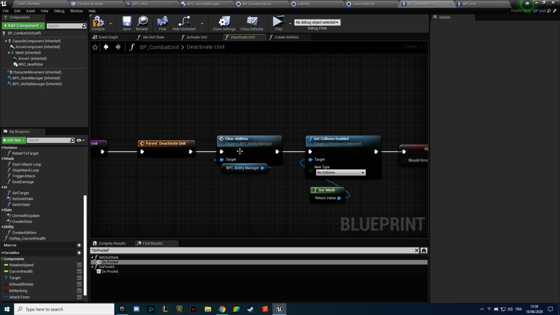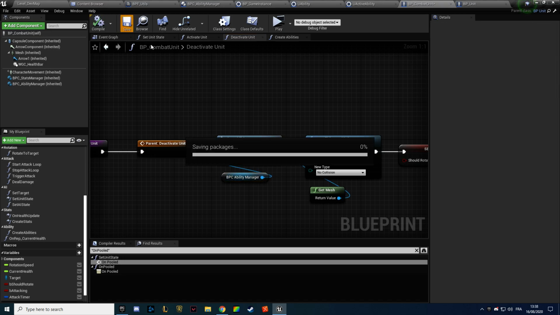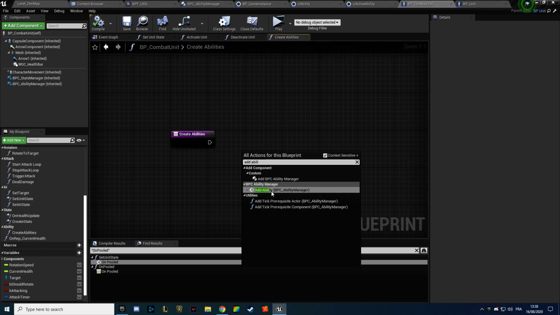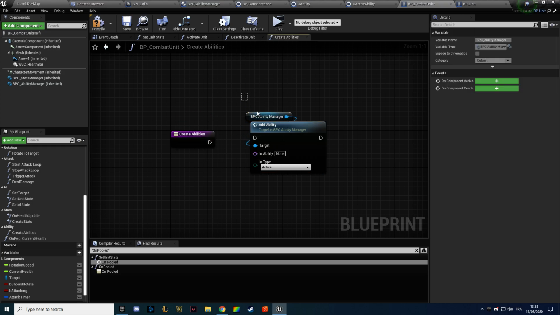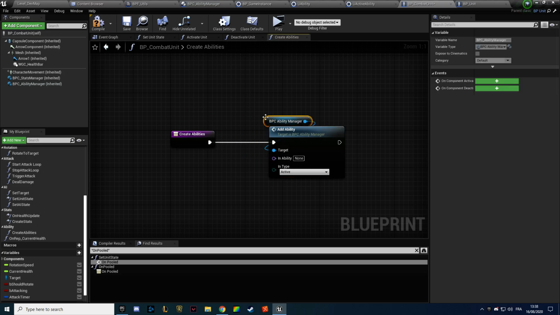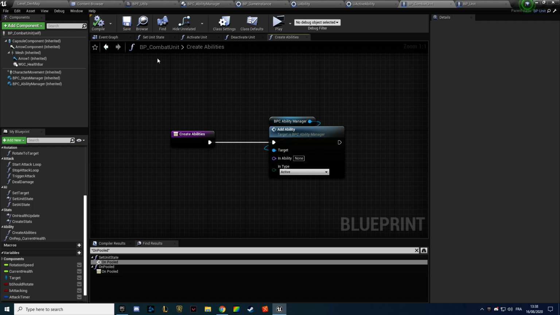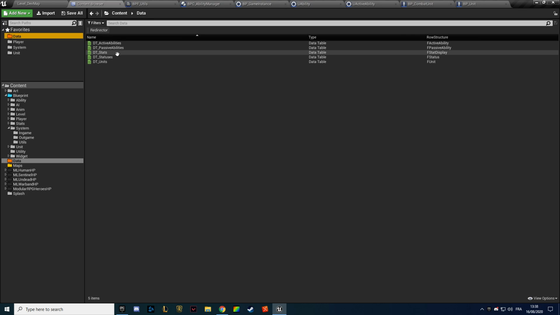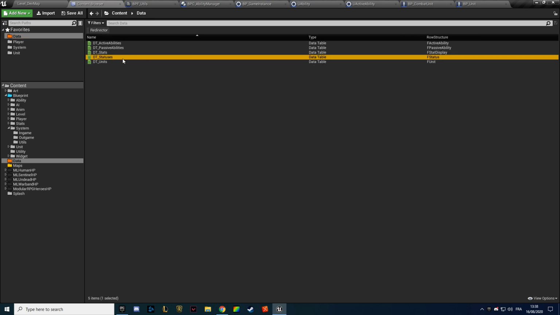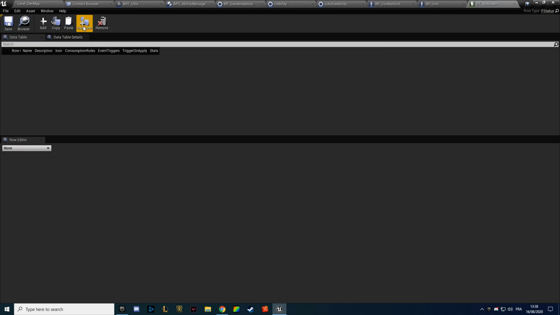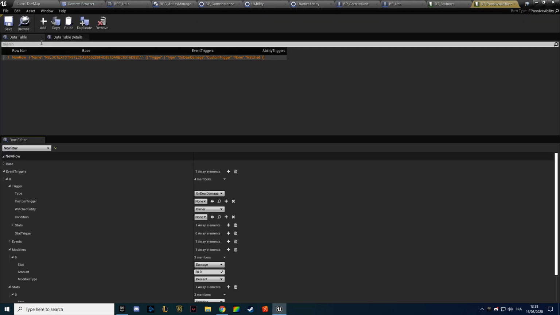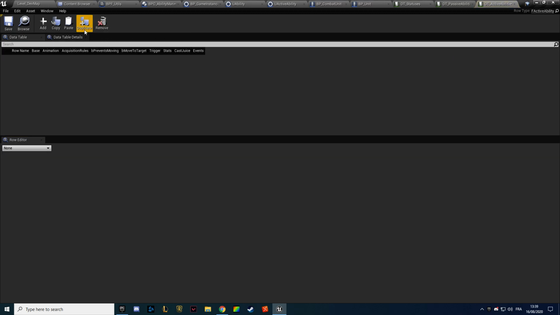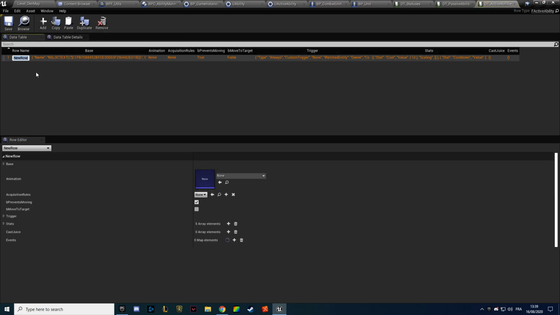I don't like clear. I think we'll see. So create abilities, what does it do? It's gonna add an ability. And what ability is it gonna add? We don't know for now. We can just say in our data table statuses, we can delete what we've done here. Passive ability, we can delete what we've done here. Active ability, we can get rid of this, add a new one. This is going to be called